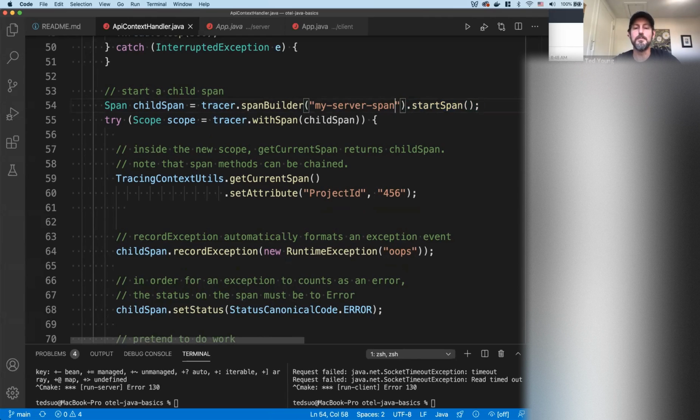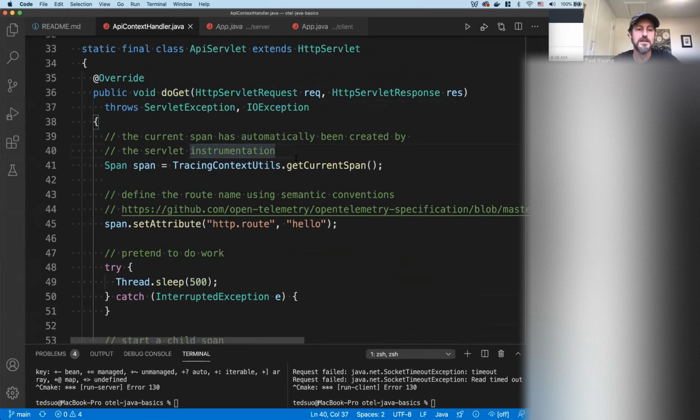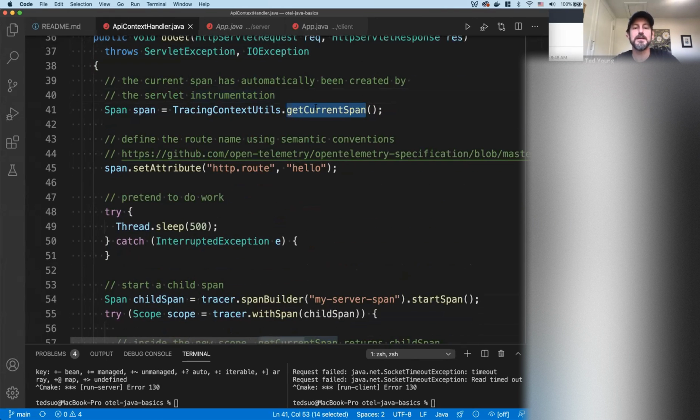If there's already a span running in the current context, which in this case there is because we are in a handler for an instrumented service, you can access that span by calling, we have a utility class that makes this real easy, get current span, and that'll give you the currently running span.